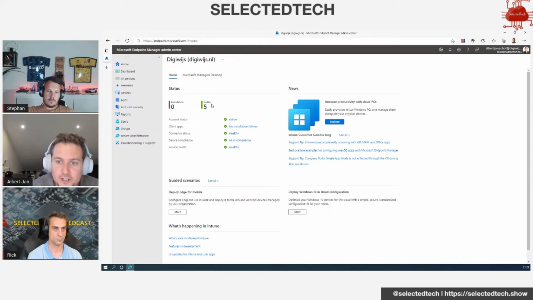There are some things in there. But as soon as you start working with Intune or Endpoint Manager, you will start configuring policies, and those policies are the things that end up on your device. So whenever you start thinking about what you want to do, what you want to achieve, then you need to start thinking about